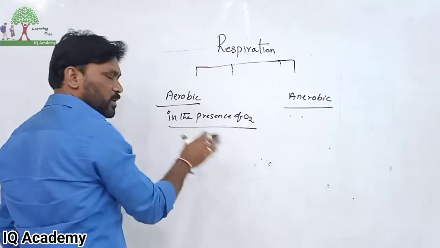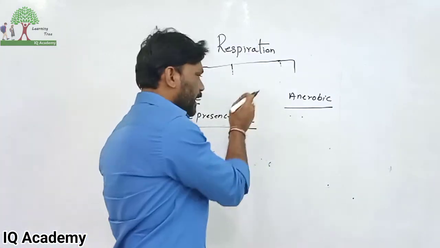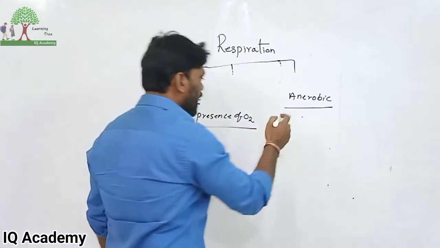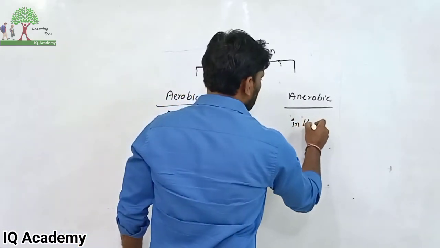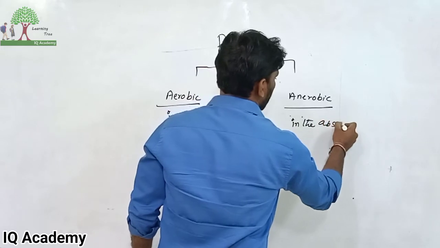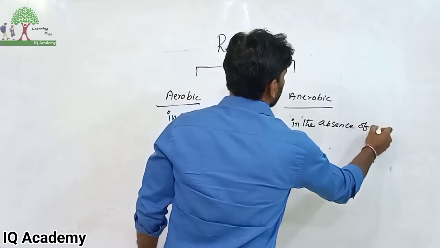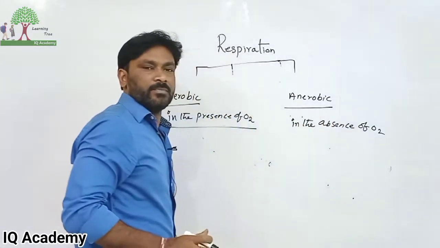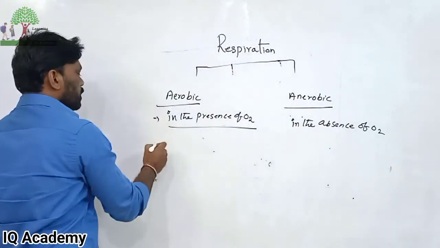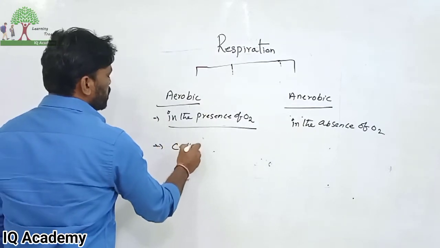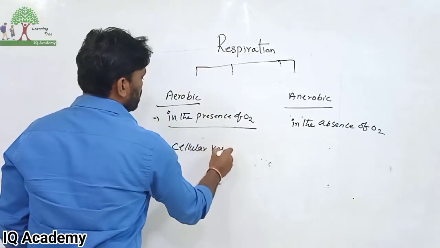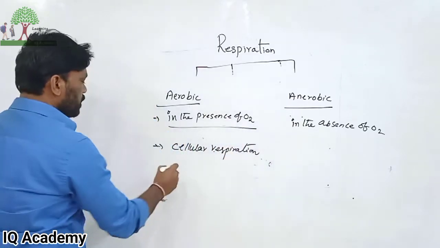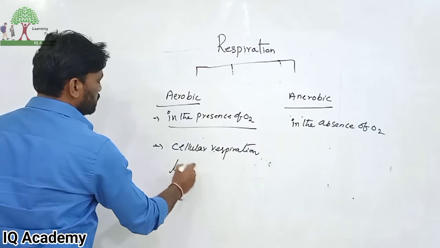Respiration done in the presence of oxygen is called aerobic respiration. Opposite to that, anaerobic respiration is respiration in the absence of oxygen. Here in the presence, here in the absence. Here cellular respiration takes place in the cytoplasm